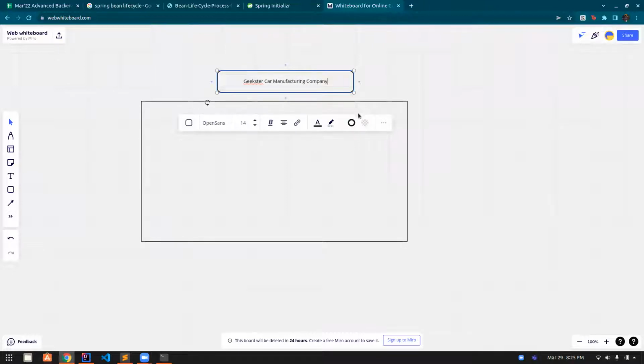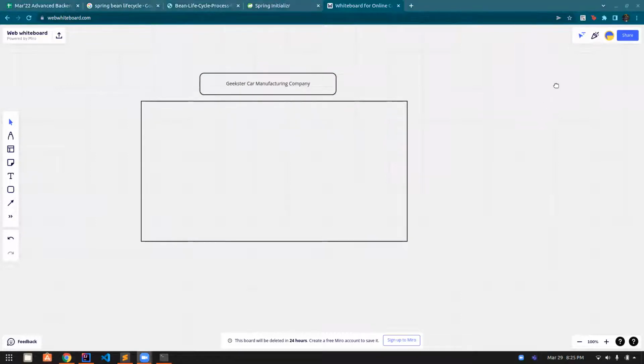Let's say Geekster decided to open up a car manufacturing company. Now, what it'll do is it will have